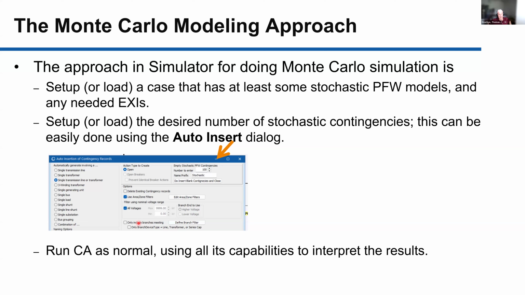So the approach that has been implemented here, and is being used on this project and is implemented in PowerWorld's code, is you set up a bunch of primarily empty contingencies, and the auto insert contingency dialog has been modified to do this. Maybe you want to insert 100 blank contingencies or 500 blank contingencies. And then there's functionality to allow the stochastic PFW models to be applied to each contingency. And then you run contingency analysis as normal, and you can take advantage of all its capabilities to interpret the